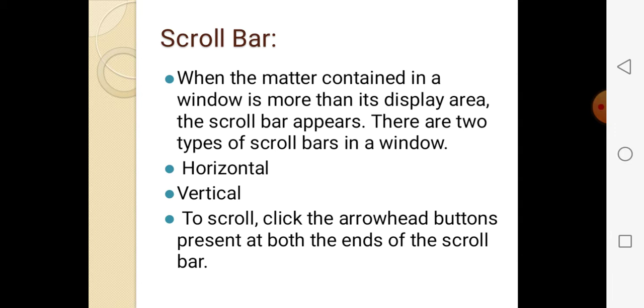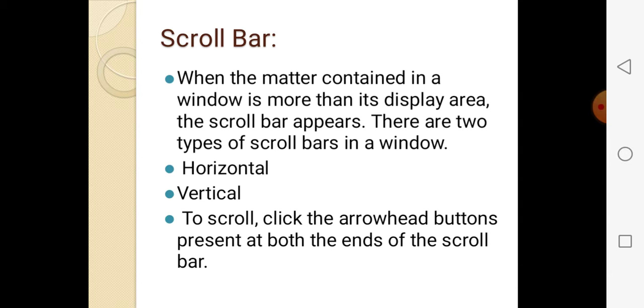So the content you can see properly with the scroll up and down in horizontal. In vertical we can do left and right.